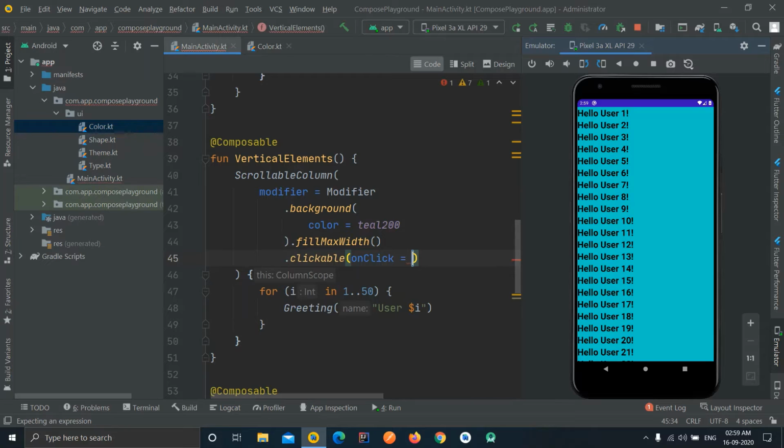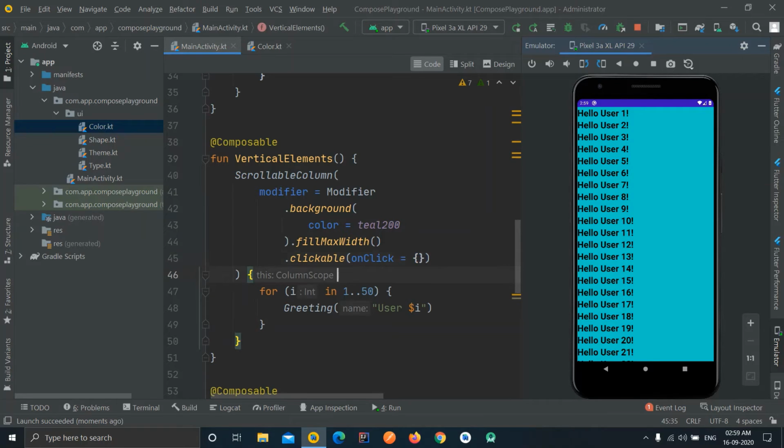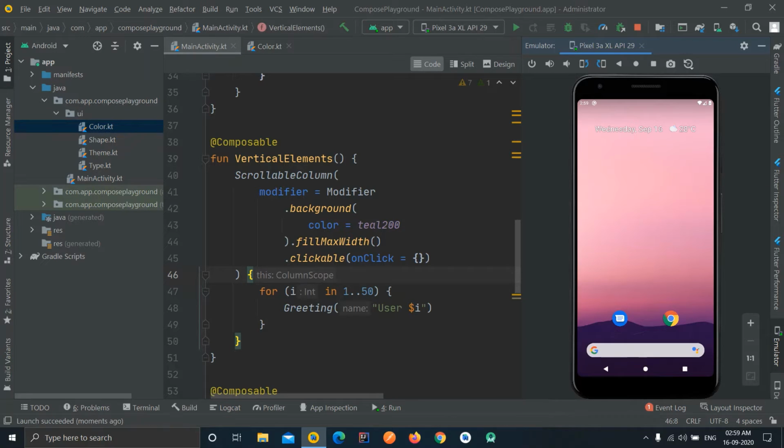Here you need to pass action, so we can just skip it using the curly braces. If you want to show a dialogue or a toast, you can do it inside these curly braces. I'm just leaving it blank. So now it will actually make the whole layout clickable. Okay, so let's run our application again to see the desired results.